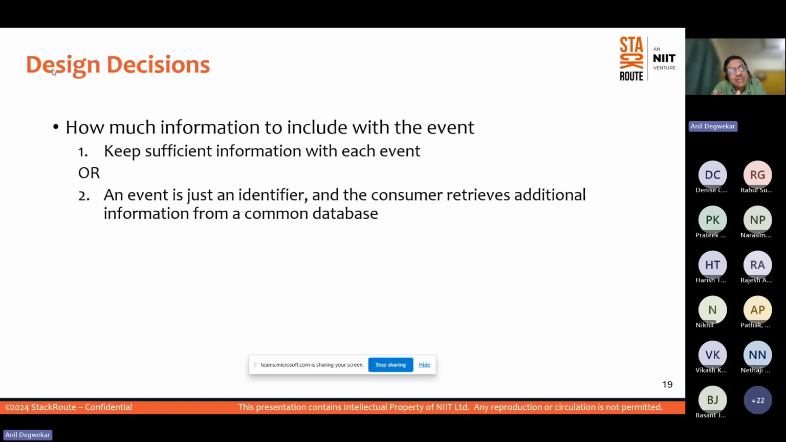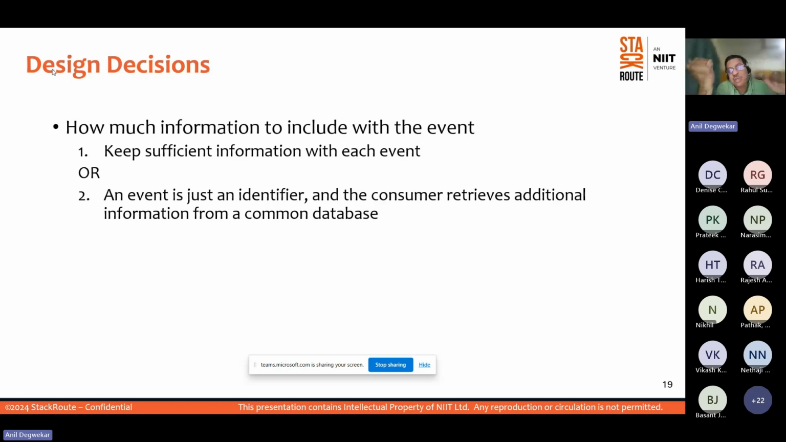Or do I just give some kind of a user ID, right? And that's it. And the consumer, whenever it processes the event, can retrieve whatever information it needs from a common database. So the second approach makes your event stream smaller, because each event is just an ID, just one integer, right? Whereas the first approach gives enough information so that the consumer doesn't have to fetch information from